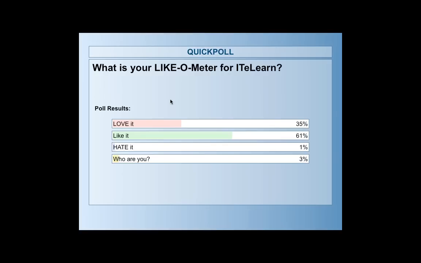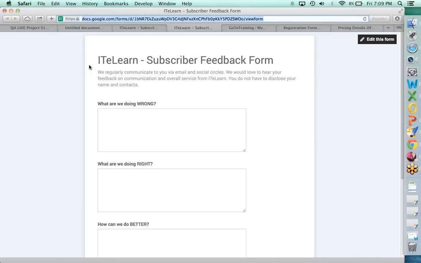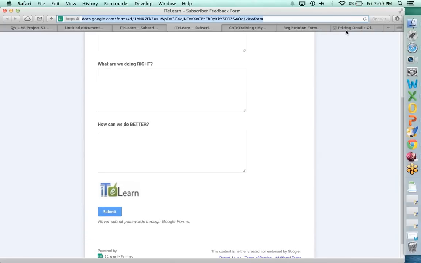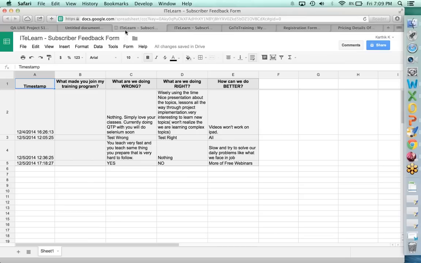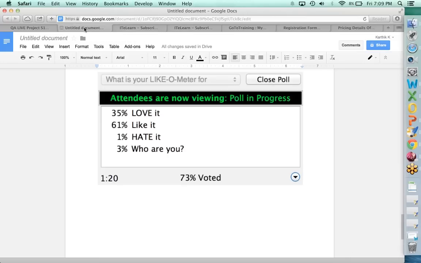I just started this a couple of days ago and I wanted everyone to be able to fill this up. So anyone who has feedback, I really want you to take a minute and fill this form up. Just 3 questions. What are we doing wrong? What are we doing right? How can we do better? And for the participant who's hating us, it is very important for me to really understand why. What is it that we can do? So I request you, please put it up there so that we know.